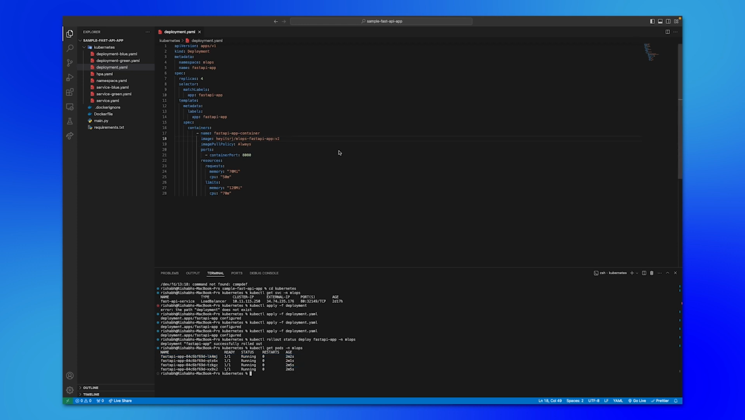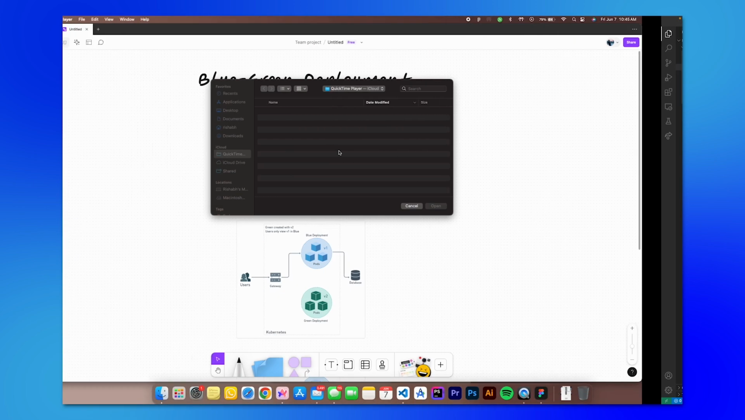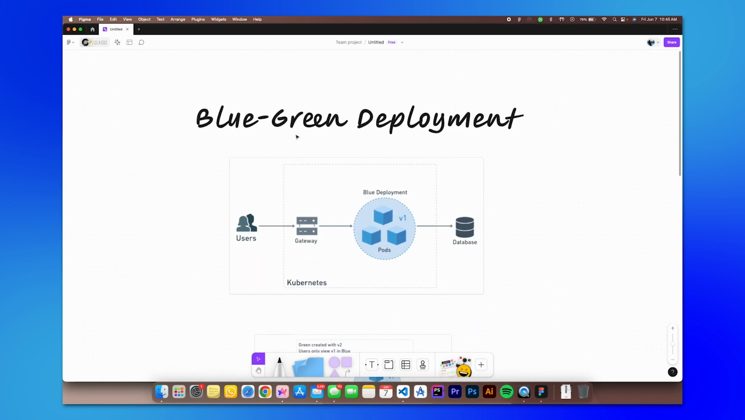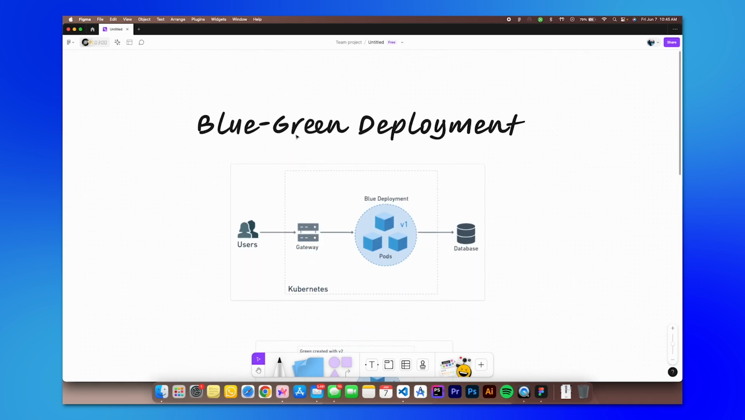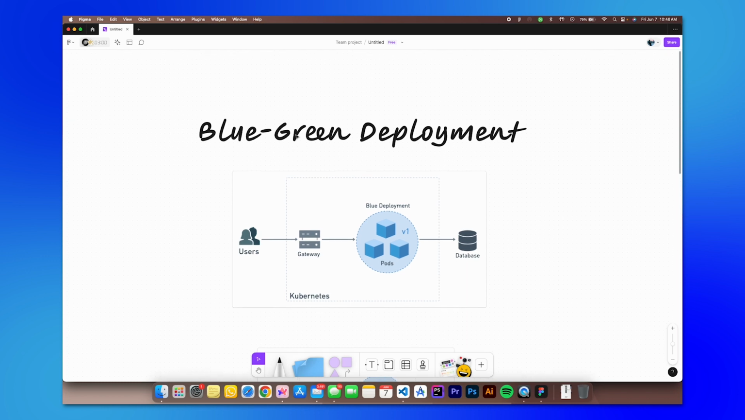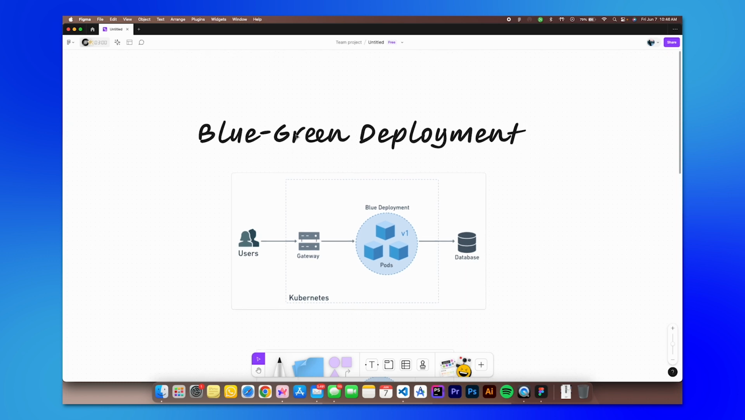So let's explore our next deployment strategy, which is blue-green deployment. This deployment strategy is crucial for minimizing downtime and risk by having two identical production environments that alternate between active and inactive states. So the concept of blue-green deployment is that you have two identical environments. One is the blue environment, which is the current live version, and the other is the green environment, which is the staging area for the new